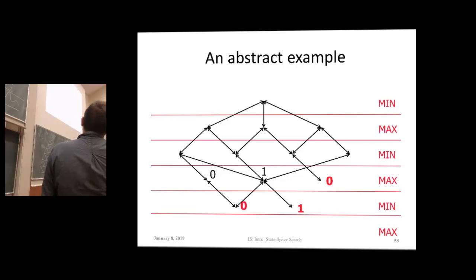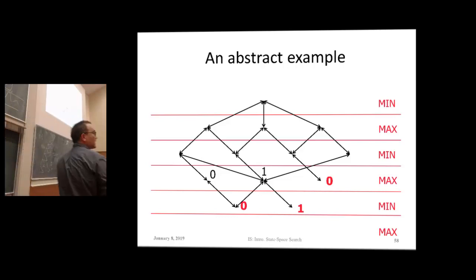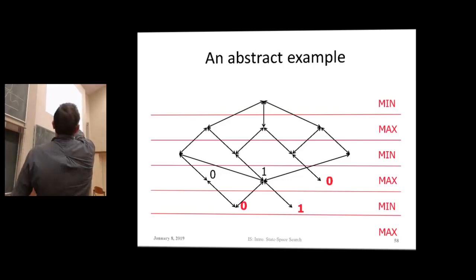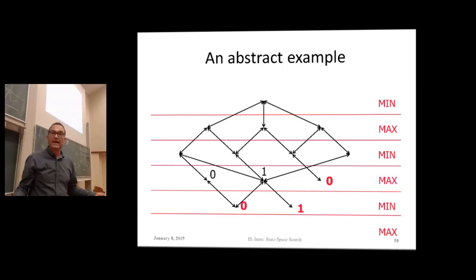So now that we are on one level, we can look one level higher. Here there was nothing to choose, because whatever choice Max makes here, she will always lose. Okay, so now let's go one level back. That's where it becomes interesting, because now we are at an exploration of a node of Min. What would the Min player choose between those two? What is the strategy my opponent will choose in order to play optimally in this situation? If we have, I don't know, 3 cards on the hand, which one will it choose? It will, of course, choose this one, because that is the one where the Min player plays best.